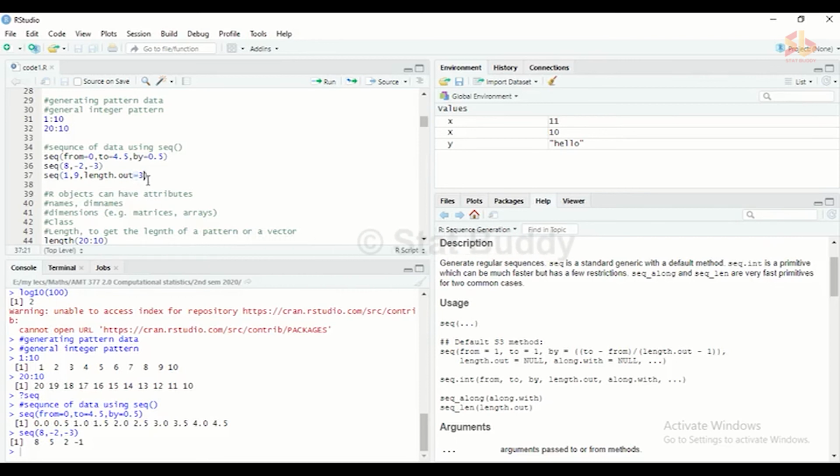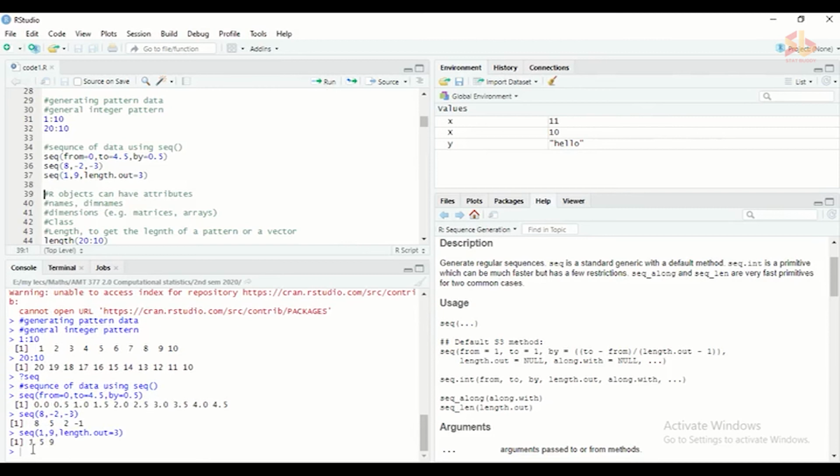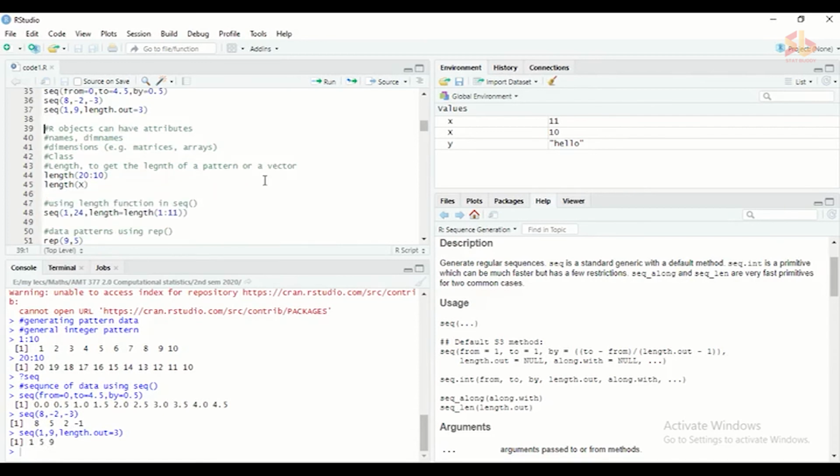I need a sequence with 3 objects, so the length of the sequence is 3 now. I'll execute that one. Then you can see it starts from 1 and goes to 9 and has 3 points with equal gaps. You can find different arbitrary combinations to study the behavior of this function with different numbers for each argument.